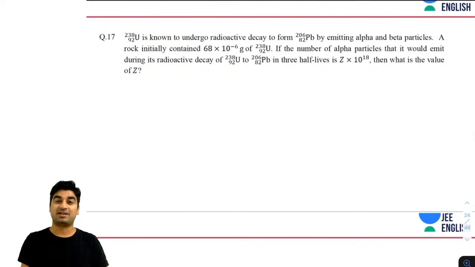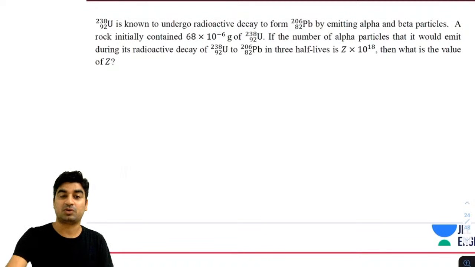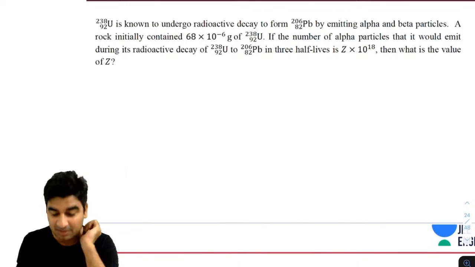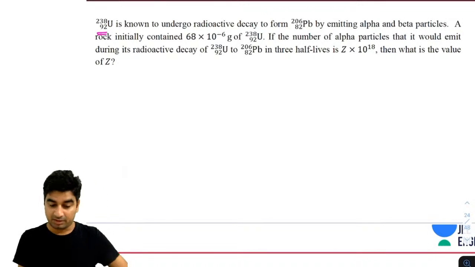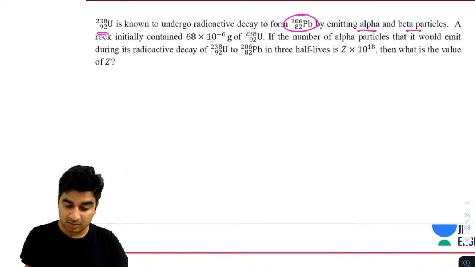Yes, this is something related to radioactivity, and I personally think IIT is doing a good thing. They are not sparing any topic. They are even asking problems from radioactivity. That is a good sign. So guys, what is going on here? Now you are given uranium 238, right? And it is decaying into alpha and beta particles into Pb. So just write down the reaction, guys,